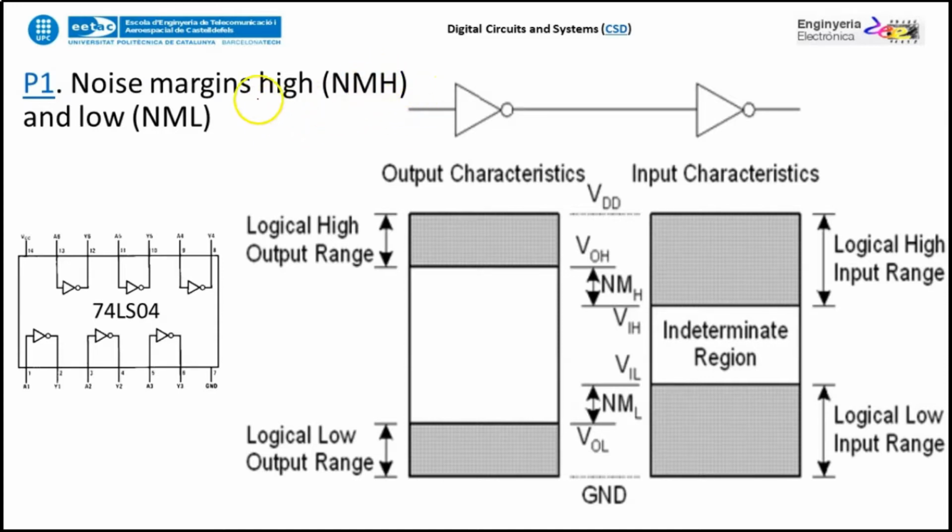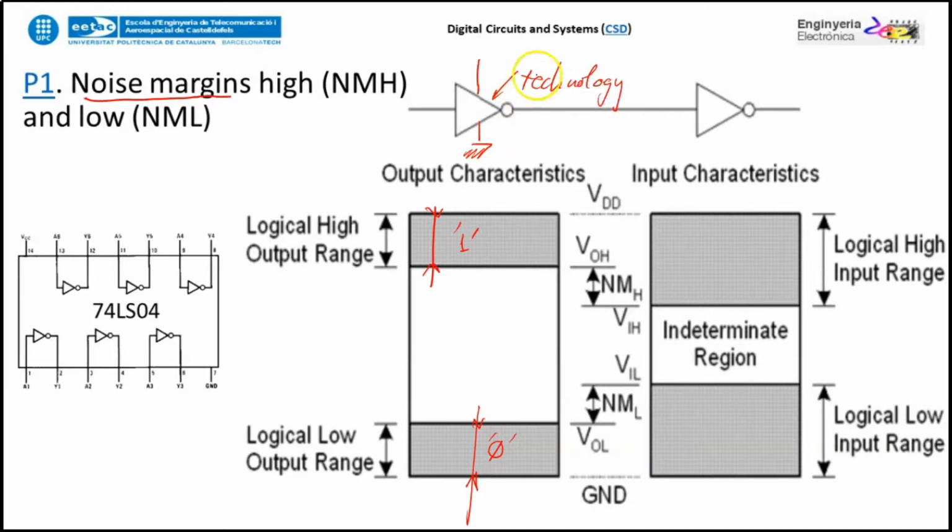Hi, this time we'll introduce the idea of noise margin and voltage range, which is the range of values in a given digital system that is understood as a 1, and which is the range that is shown as a 0. So that's the idea now. The voltage ranges associated to a given